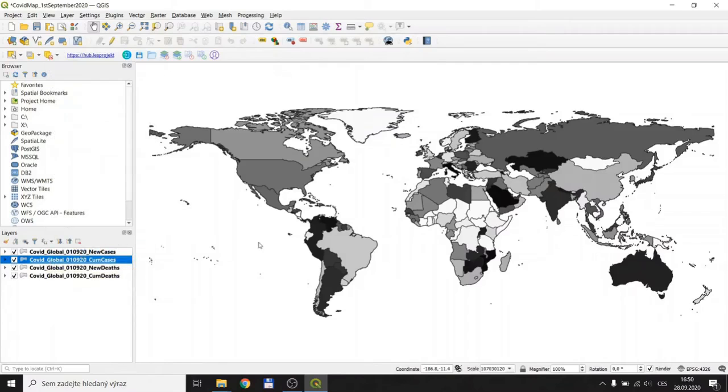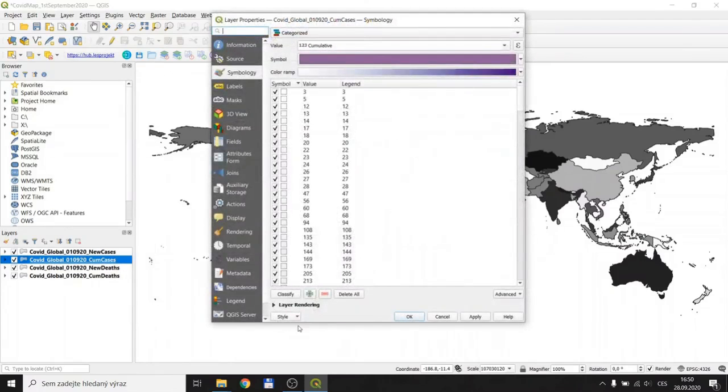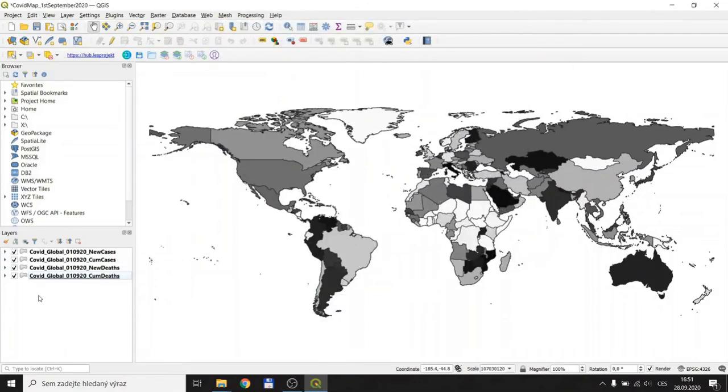So in the properties, I save the style. For all of these 4 examples, I created the symbology layer to represent how this layer is symbolized and visualized. And thanks to that, on the server I can upload my data not only as data itself but with symbology as well.